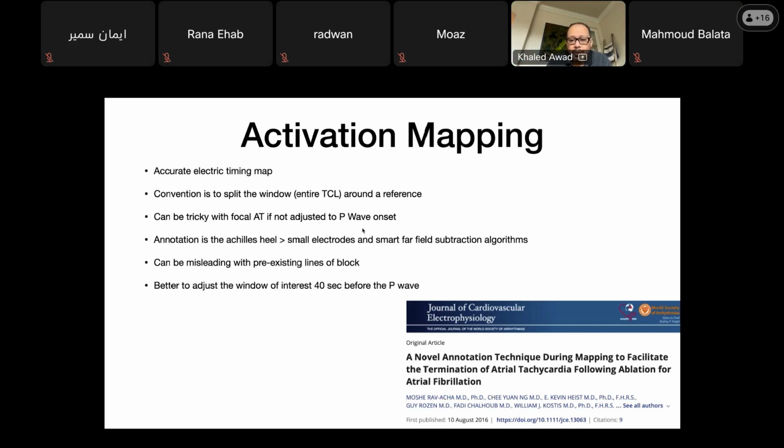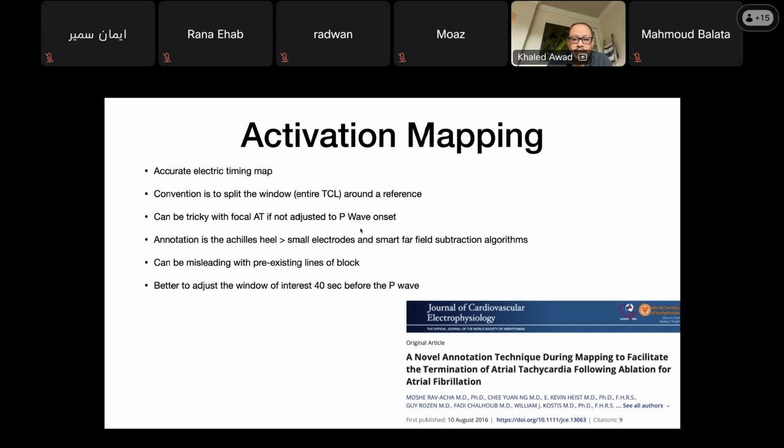This is a paper I put up there for additional reading. It's an excellent paper and something that provokes thought. Not everybody does it that way because they can't really tell where the P wave starts, but if you can tell where the P wave starts, I would definitely follow the approach defined in this paper. Now,